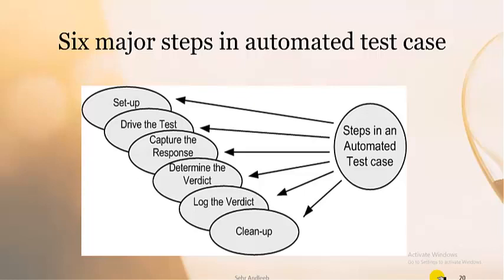So it all depends upon the manipulation of the output, right? How you have manipulated the output or how you have identified the output, it all depends on it. Once you have captured the response, the next step is to determine the verdict. Now you determine the status of the test case, whether it is passed or failed. So the actual outcome is compared with the expected outcome. Your actual outcome of the method or of the unit is compared with the expected value that you are expecting from the method, right?